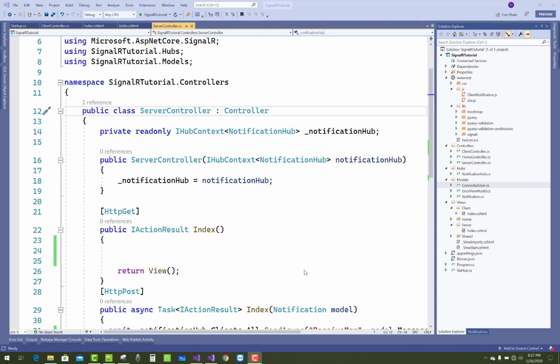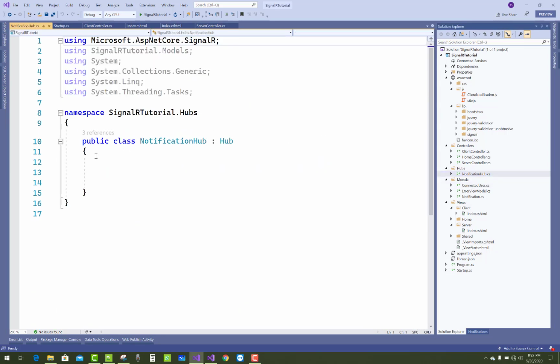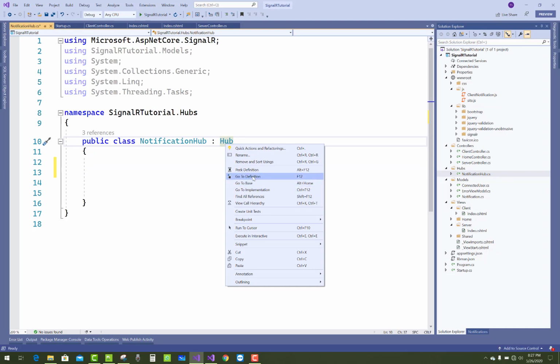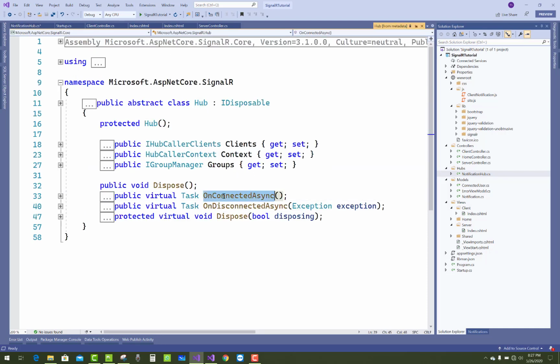Today I am going to show you how to show connected clients with the hub in SignalR. Just go to the section of the notification hub that was created in the previous video tutorial, SignalR getting started. In this video tutorial I am going to show you how to get connected clients and also remove client details. Go to the hub class, go to the definition. Here we have the OnConnectedAsync as well as the OnDisconnectedAsync methods. So you have to override these methods.